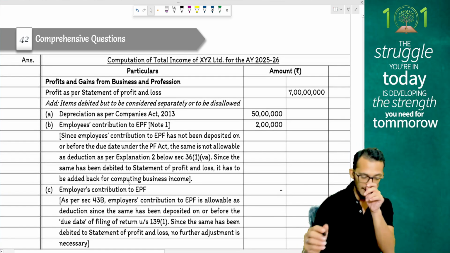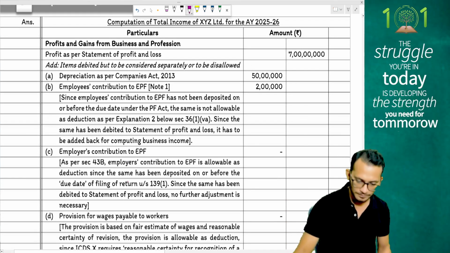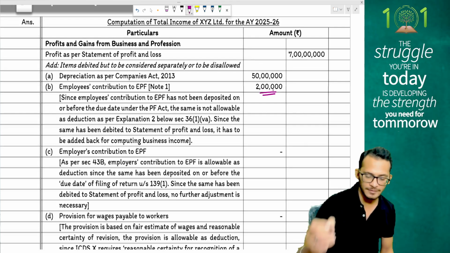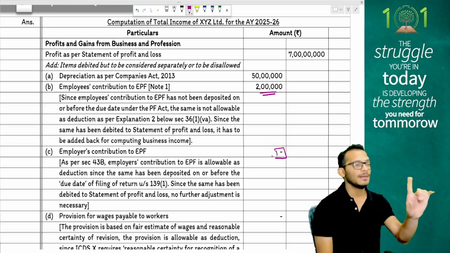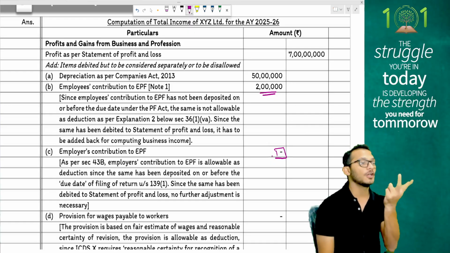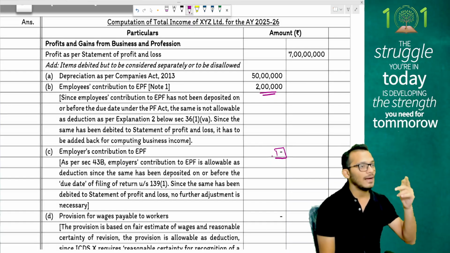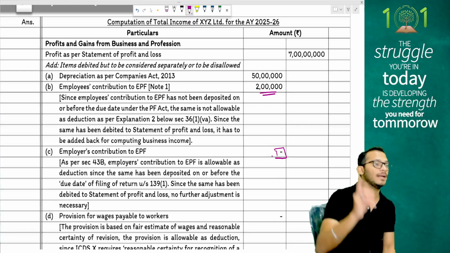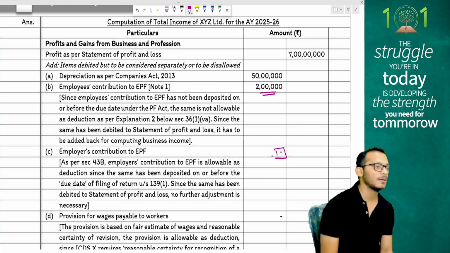Let's try to match. If you notice, they are saying employees' contribution is being added back, which is kind of weird. Employees' contribution has been ignored. People, employees' contribution, if you technically thought, we told either of the two has to happen. Either you will ignore it, or you'll add twice. You will reverse the expense and then you'll add it. Here they have only done it once, which means they have made an assumption that the employees' contribution is not even part of P&L, and therefore they have done a one-way adjustment, which is kind of wrong, people.